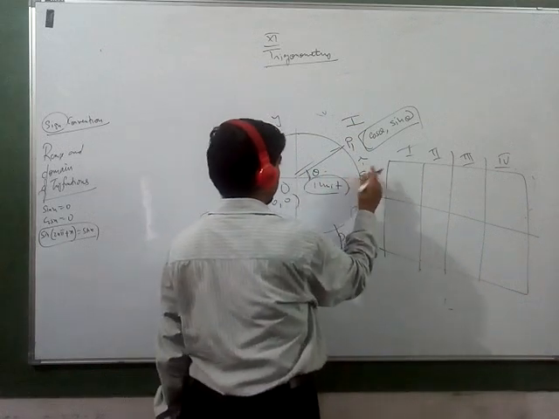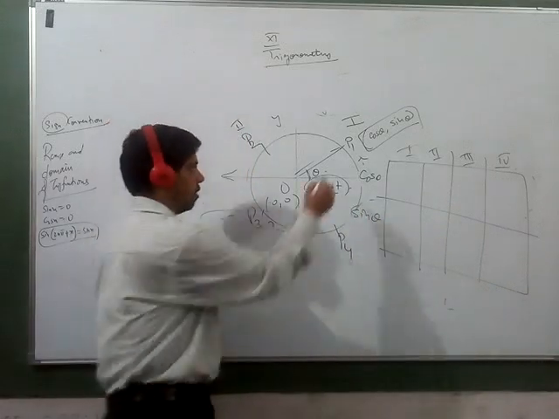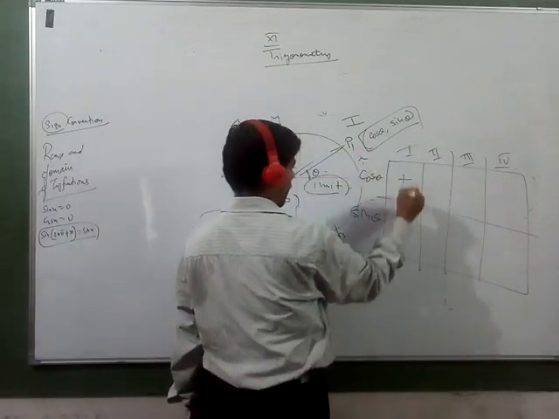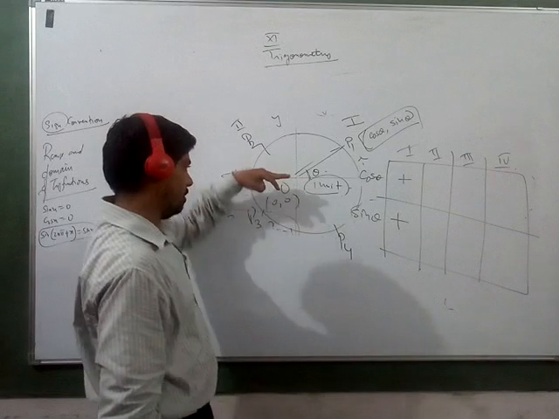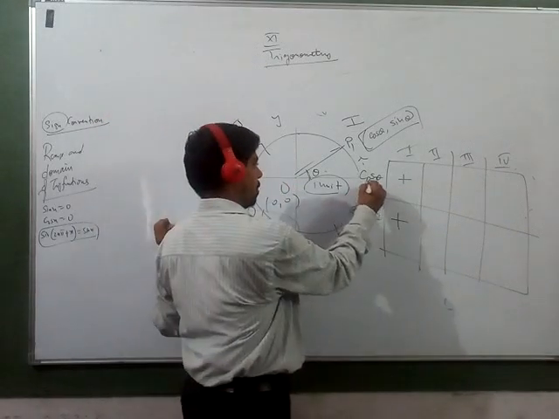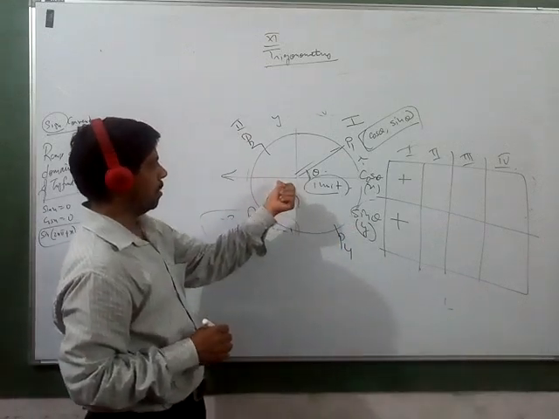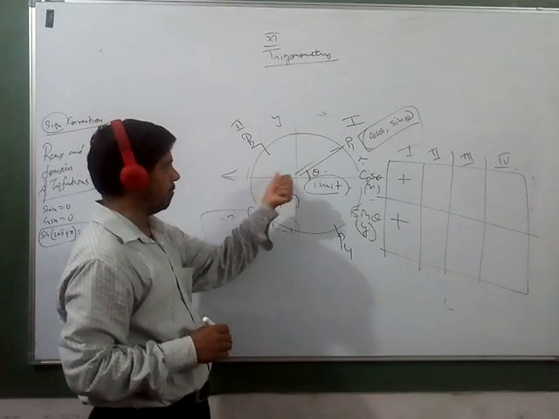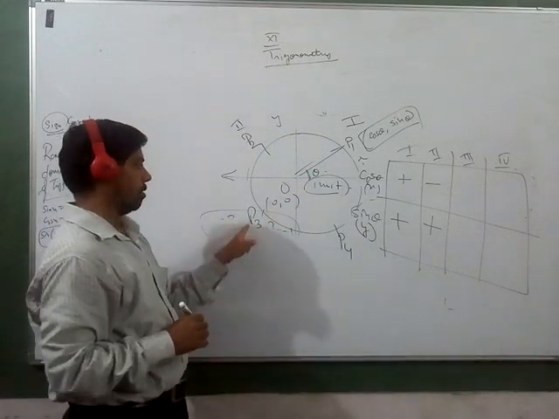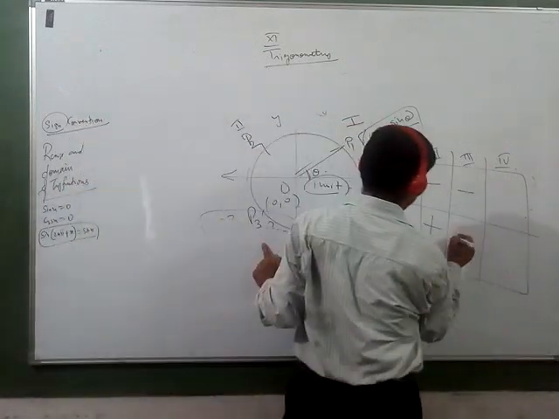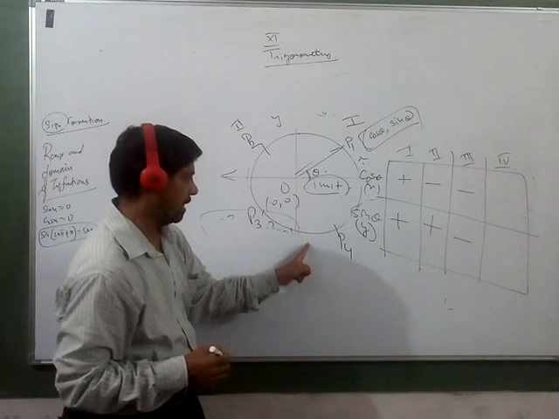Right? So this is our cos θ and this is our sin θ. Obviously in the first quadrant, for P1, cosine is positive and sin θ is also positive. In the second quadrant, cosine is your x coordinate and sin is your y coordinate. You can see that in the second quadrant cos is negative, x is negative and y is positive. Third quadrant, both the coordinates are negative. Fourth quadrant, cos θ is positive, sin θ is negative.